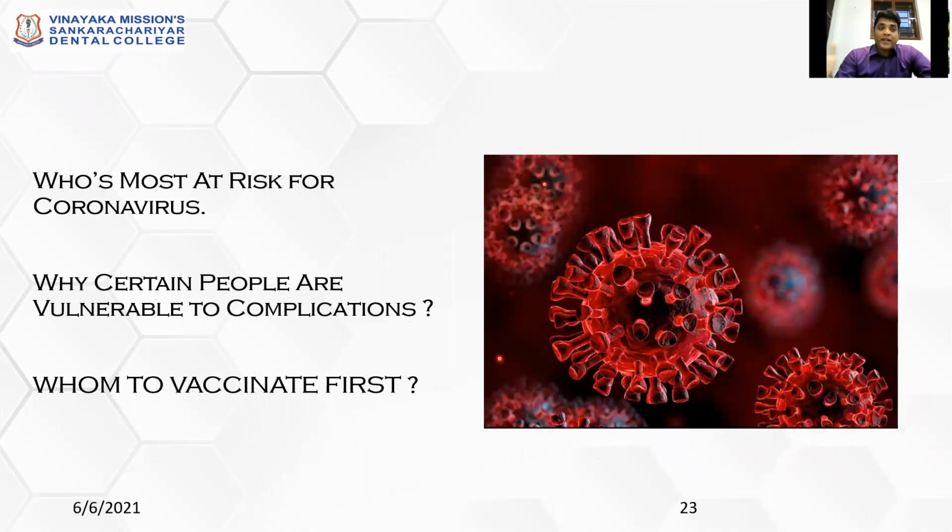Okay, now after explaining the detail about the risk factor assessment and its prognostic value in your treatment plan, a small example of the present scenario: during this COVID, who is most at risk for the COVID virus? They said it's the frontline workers who are in closer proximity to the patient. That's why the government has vaccinated the frontline workers first. So basically, this is the risk assessment of who will be getting COVID.